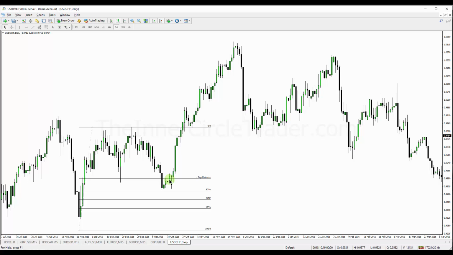Now, the wonderful thing about understanding this is when a market's at a discount and its underlying basis is bullish, discount prices don't stay in the market very long. The market's going to want to run away from that really quick. Because this is a daily chart, this isn't that bad in terms of how much time it's spent down there below equilibrium. But you can see finally it explosively moved away from that and rallied up through